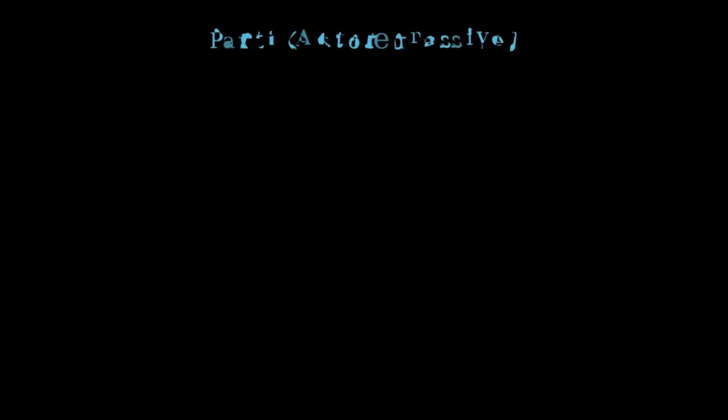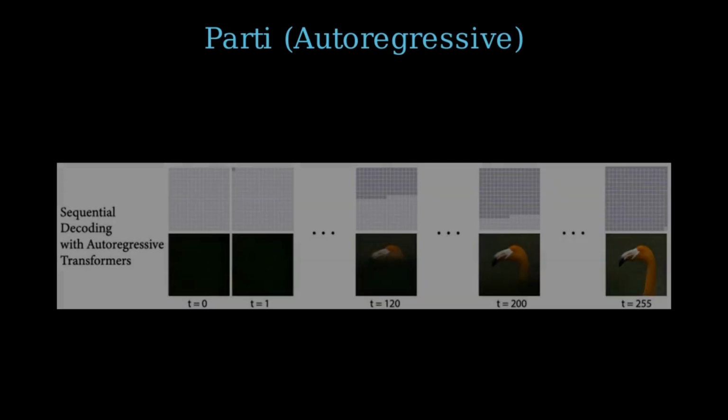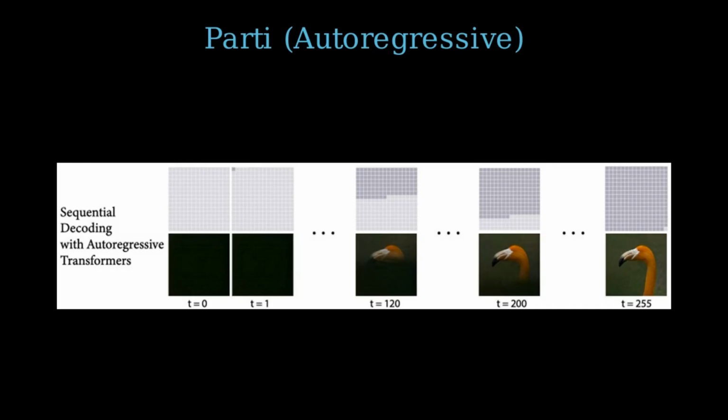With the image tokenized, how do early transformer models like Parti actually generate novel images? They rely on a method known as autoregressive, or sequential decoding. As you can clearly see in this flamingo example, the model builds the image strictly one token at a time. It starts from the very top left corner and systematically works its way down to the bottom right. While this rigorous, autoregressive approach ensures that the final image quality is exceptionally high and globally coherent, this sequential nature is also its biggest flaw. It is inherently bottlenecked and extremely slow, especially for high-resolution generation.